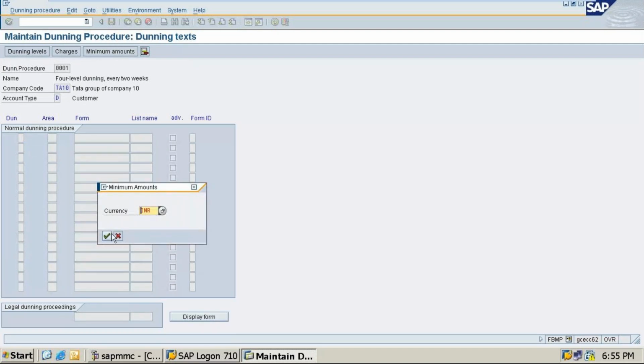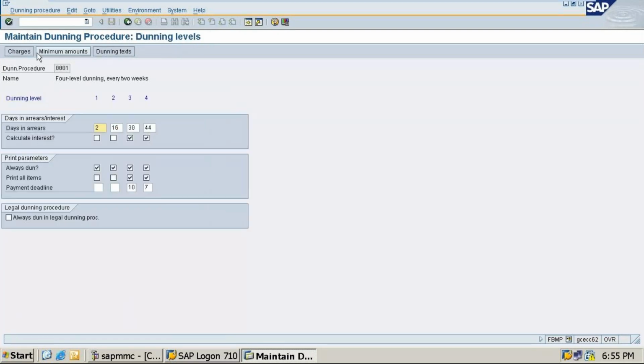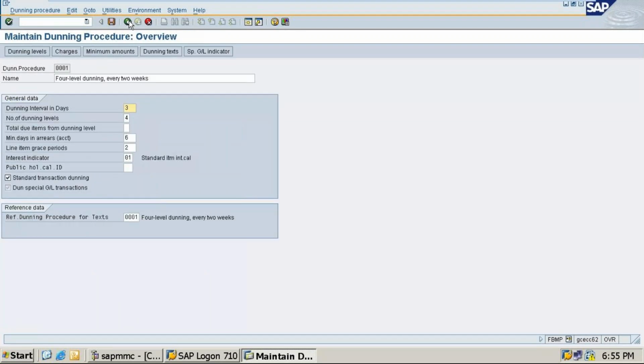So here we have done all this, charges also, Dunning levels also we have done. Clear, all these things are saved. After this, come out from the line and save this Dunning procedure.